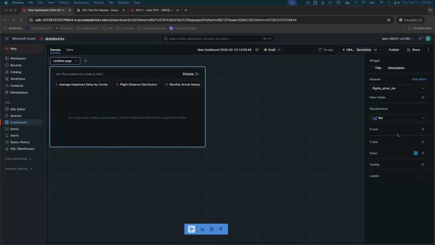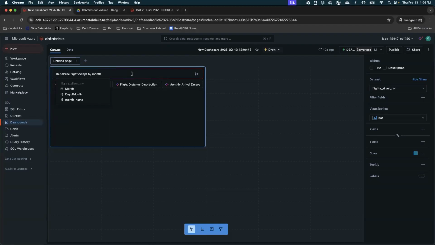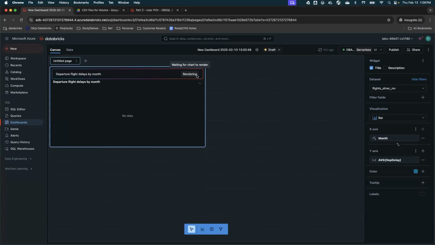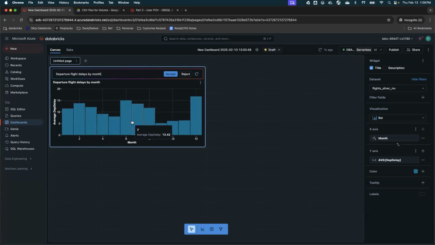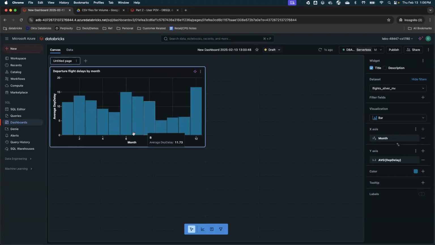I want to know departure flight delays by month. So I can simply say here, departure flight delays by month. Once I submit, it should generate the chart, right? So I can go ahead and accept the data, and this should show me the chart of flight delays by month.